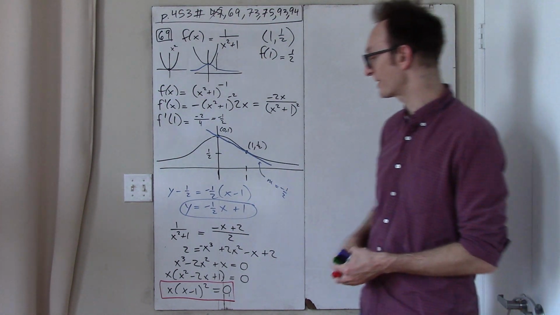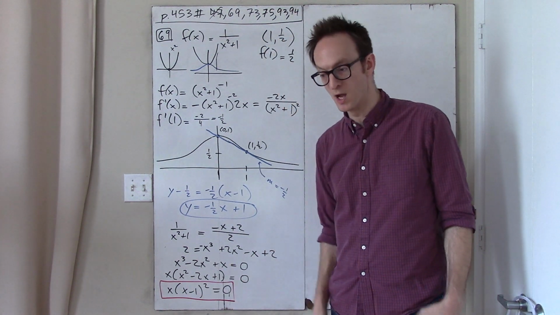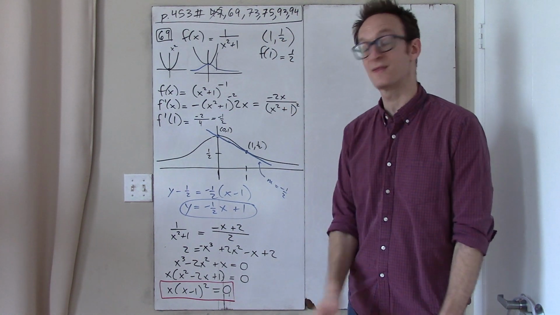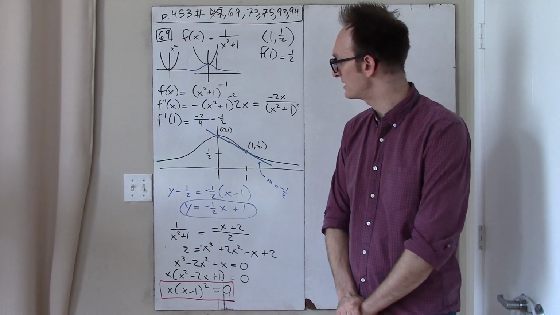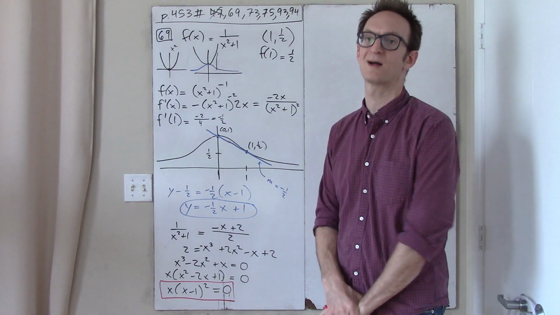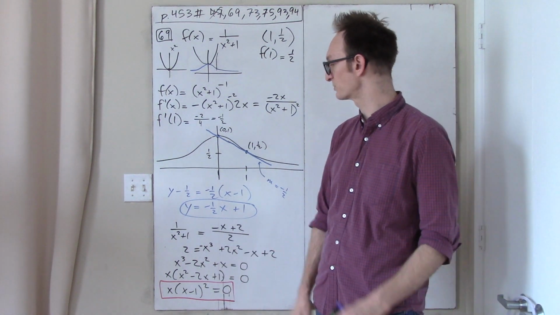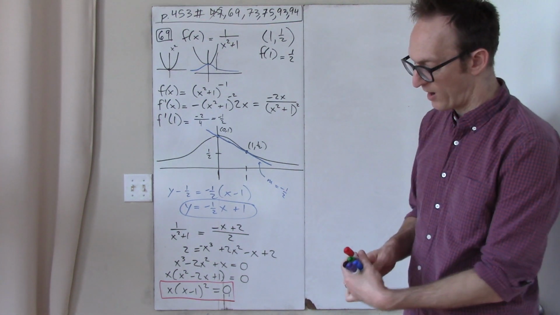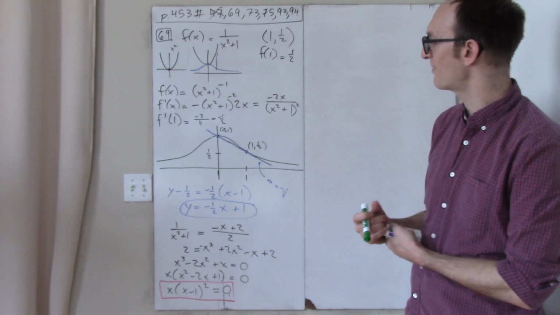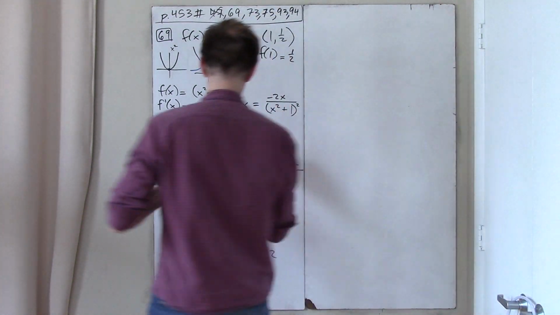But it's a little interesting because this equation has a double root at 1, which is to say that this line is intersecting this curve double root style at the point 1 comma 1/2, or at the point x equals 1. Okay, so after all that work, what we've essentially discovered is that this picture is just totally correct, and therefore